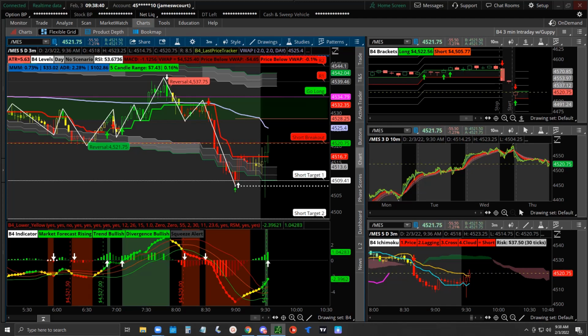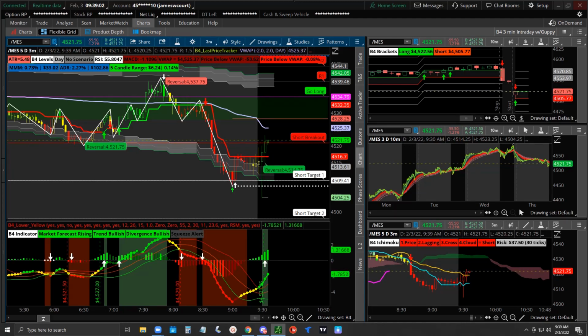So 34, let me see. Bulls want to get back up to the 35, 25, 35 area. 45, 35 is the gap close. They could. It's not that far away. We are on a hourly demand zone also. So let's see if they can hold. Now, 45, 27, 50 is important.